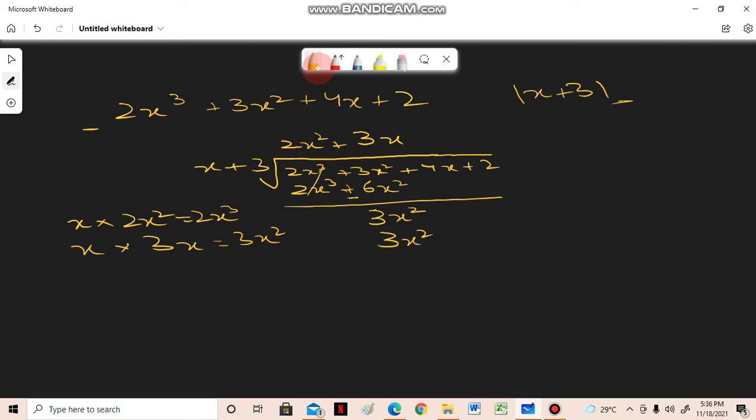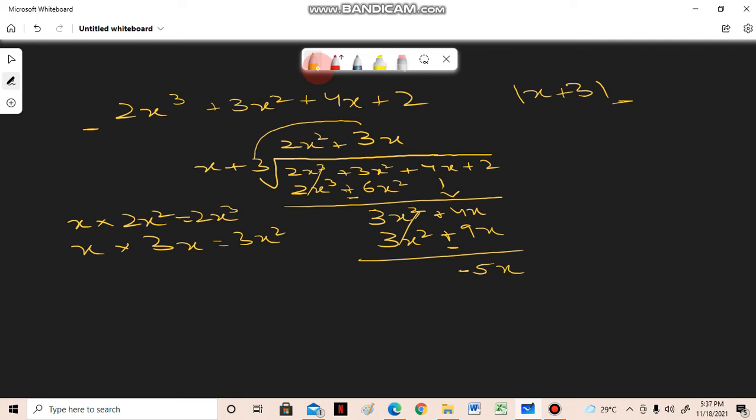Now we are going to bring this 4x below with 3x square, so this will become plus 4x. Okay, so now we will multiply 3 with 3x, so this will become 3 3s are 9 and plus 9x. Okay, so this will cancel and this will become negative. So plus minus is minus, and 9 minus 4 is 5, so 5x, and the sign will be of negative, so this will become minus 5x.